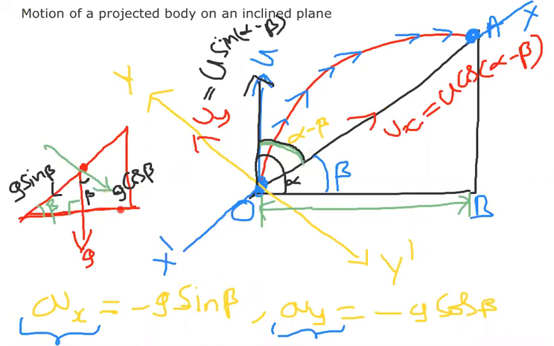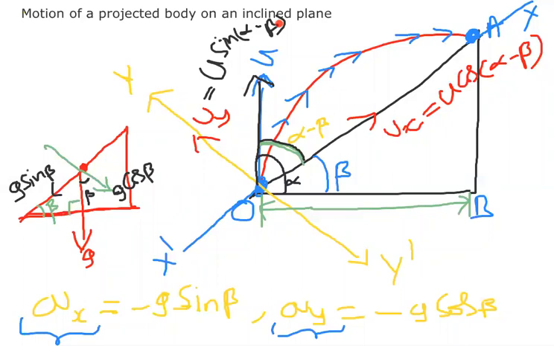Here we have two accelerations, along the x-axis and along the y-axis. Along the x-axis it is g sine beta, in the negative x direction, minus g sine beta. Along the y-axis it is g cos beta, along the negative y direction, so I write minus g cos beta. I hope you are clear. This u, with angle alpha minus beta, resolves into components u cos alpha minus beta and u sin alpha minus beta.